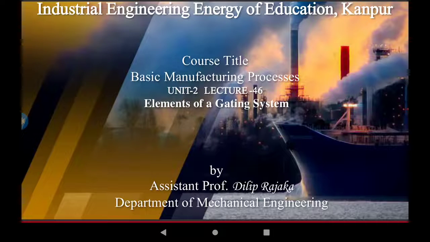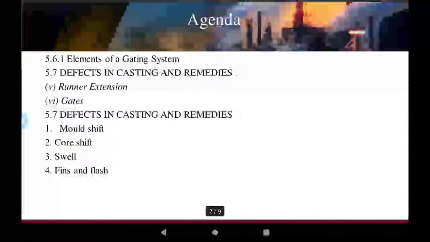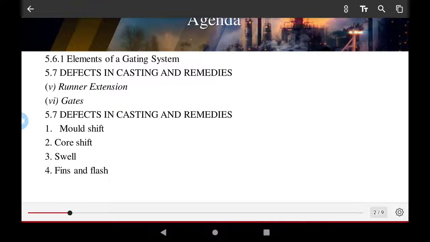Welcome to this course, Basic Manufacturing Process, Unit 2, Lecture 46: the elements of the gating system. The agenda for today's video: